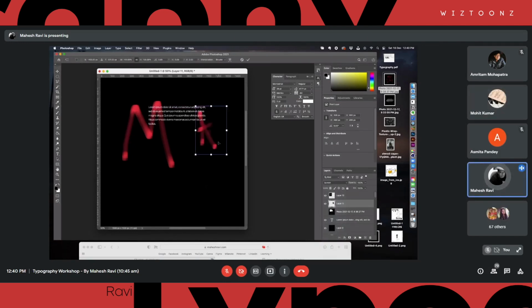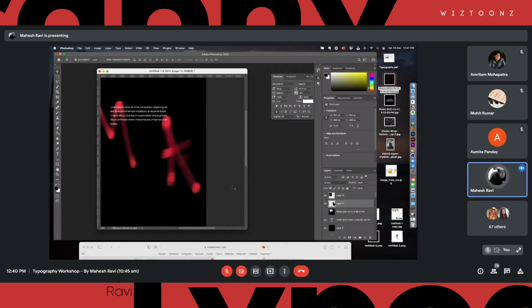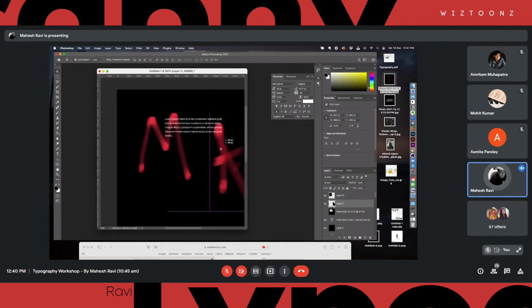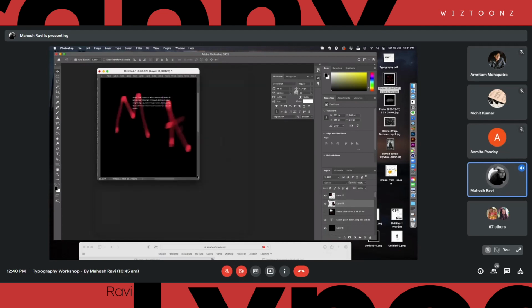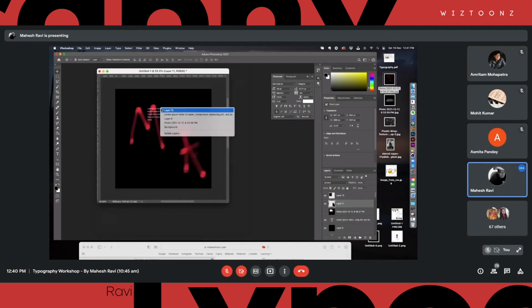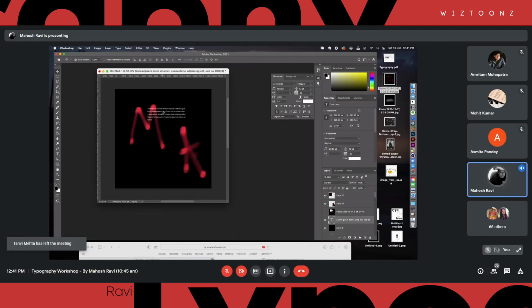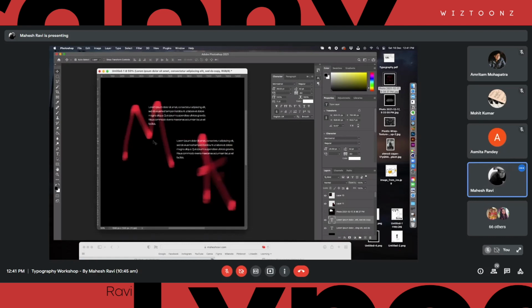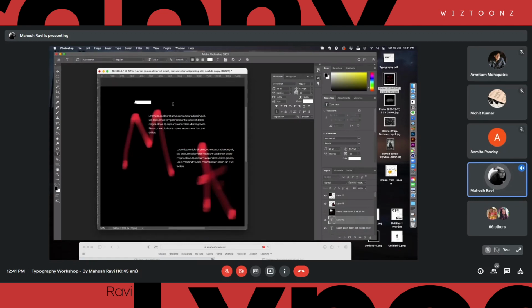So maybe the title of the article could be May or something like that. I would have used it in the background, but that's a secondary decision. People are actually reading it, they don't have to worry about that. What is written in the background is just going to increase the drama of the design. So let's go here, bring that in here. I have a design composition and I'm just using this as the background. That's the only thing which is out there. So maybe the actual title of the content is going to be written like this. So this is the content and I have that.